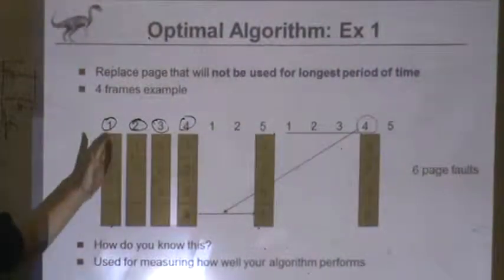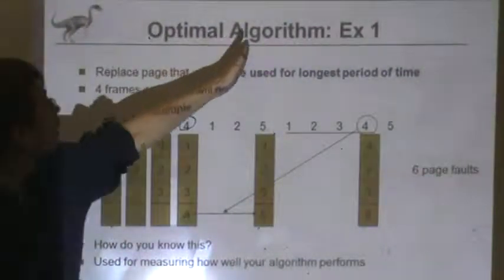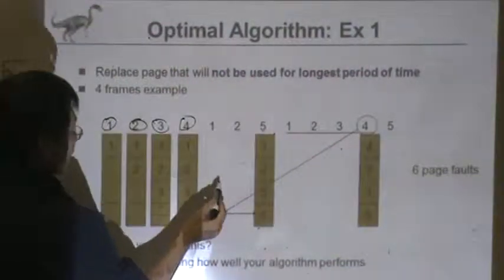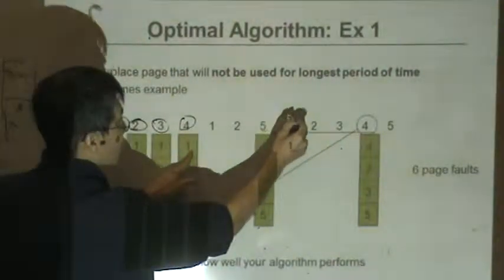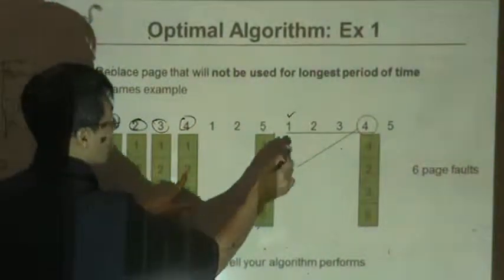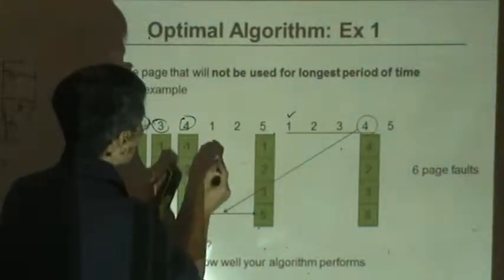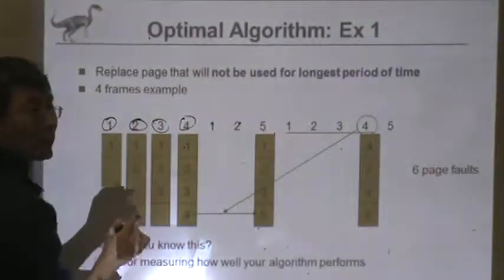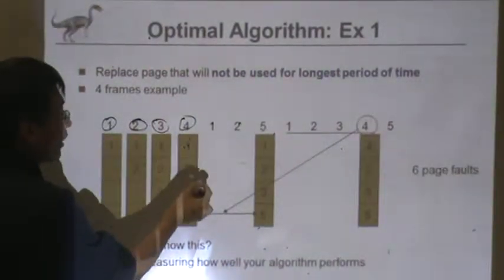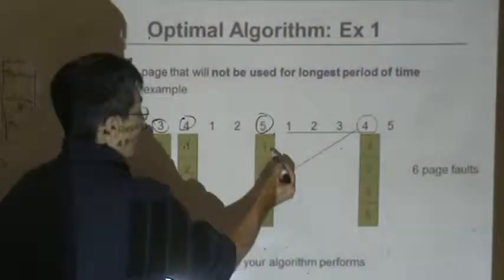Anyway, so what? We need to decide the victim page. What is the algorithm? It will not be used for the longest time. Let's see, 1 will be used here. And 2 will be used. No, 1 is here, so we don't have to worry about 1, 2. Okay? We can just reuse the existing ones. But 5, we cannot find the 5. So, at this time,